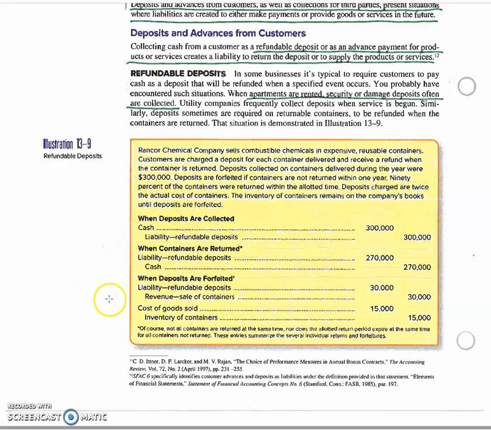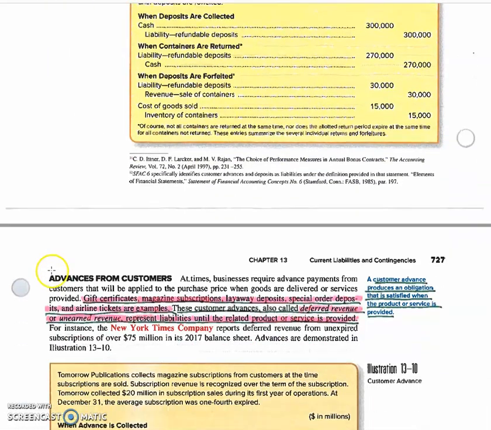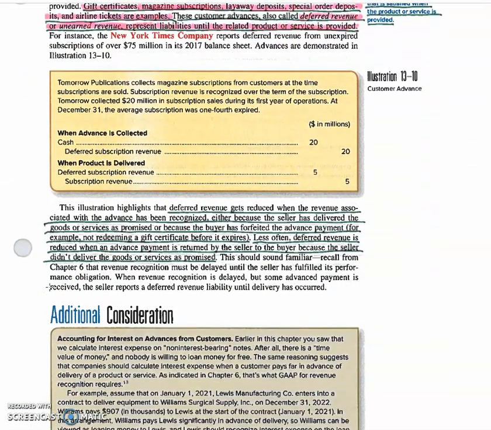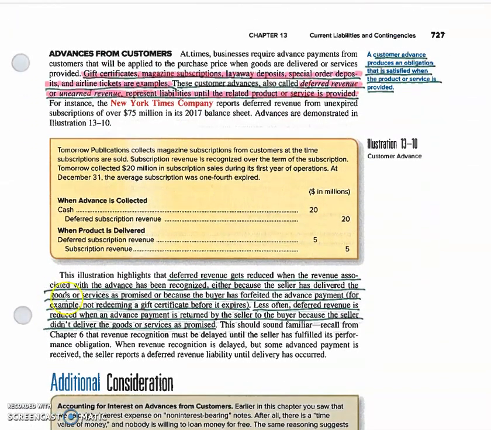Deposits are the same thing. When a deposit's forfeited, then you debit the unearned revenue or deferred revenue and credit the revenue account. Okay, here they talk about the gift cards. Now, I will pick up with gift cards because there's a few more things I want to say about gift cards,